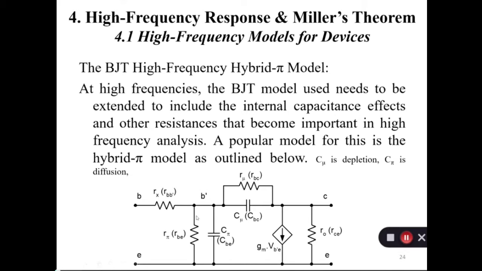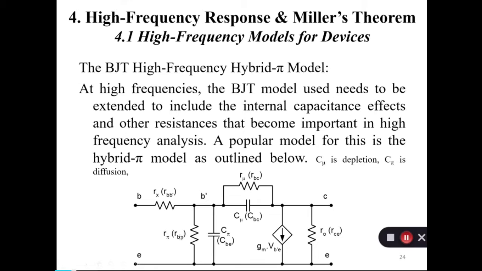Then you have to change the parameters accordingly. Now in this one, what happens? This is the RX, or you can say the base to base resistor. What is this RX? It is the base spreading resistance. This is the ohmic resistance, a relatively lightly doped high resistive path from the external base connection to the internal base region. You can think about the wiring or internal fabrication stages, which you have already seen in the previous modules. So that RX comes from that side.